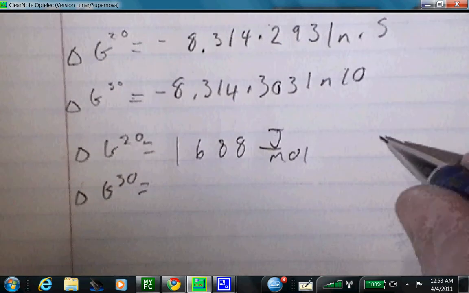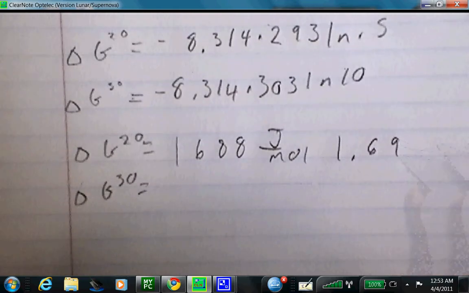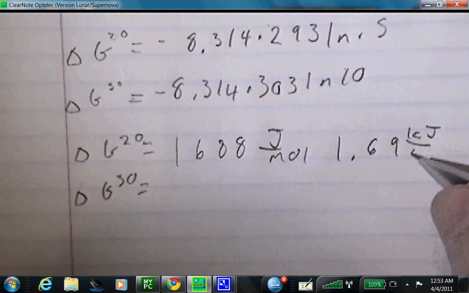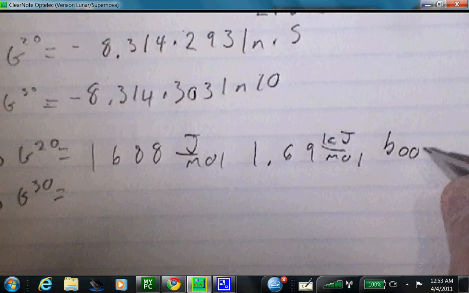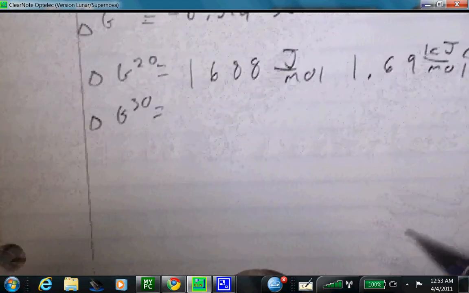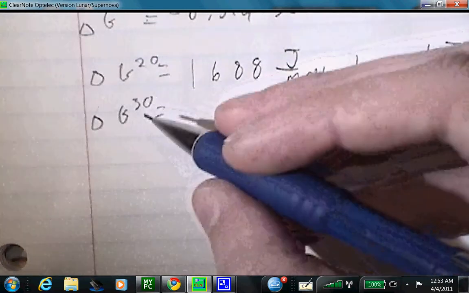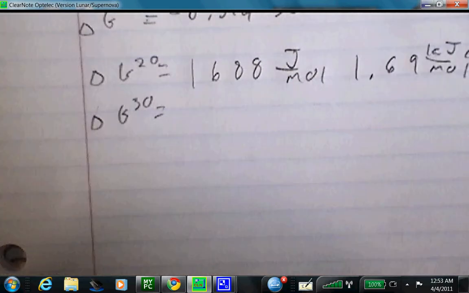The answer the book gives you is 1.69, but that's because it's in kilojoules per mole. This is in the book. This is also page 68, problem number 2, if I didn't say that already. So for this one right here, after plugging and chugging,